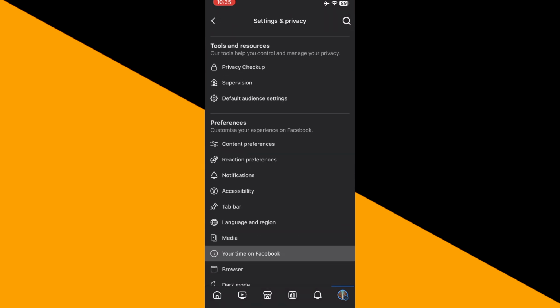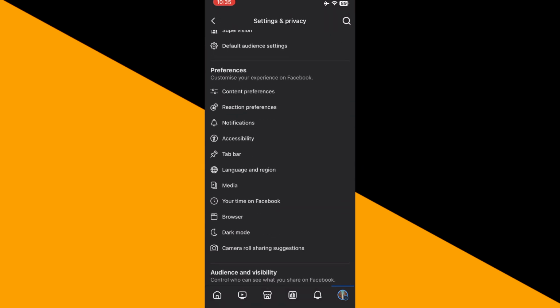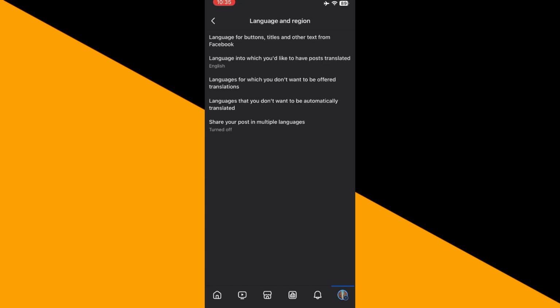Now you'll have to scroll down a bit, and in the preferences section you'll be able to find an option of language and region. You'll have to tap on it, and right here you'll be able to find a second option, that is language into which you'd like to have posts translated. You'll have to tap on the second option,